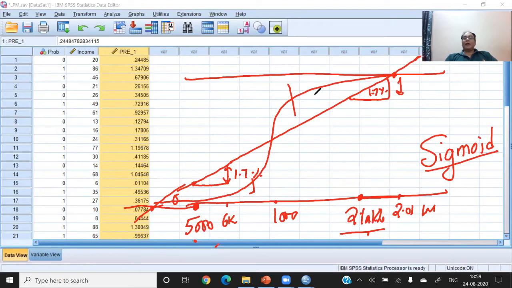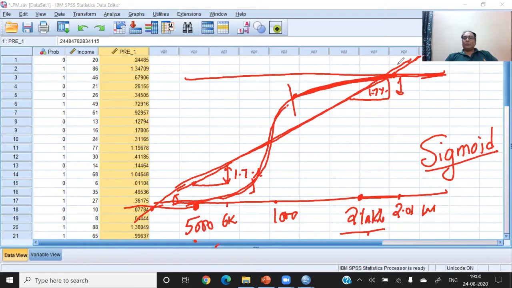And after that, if your salary is beyond any level, it means the possibility that you are already having the housing loan is very high. So you may not take another housing loan. So now this curve decreases. So we want the model which can predict the probability according to the sigmoid function rather than on a straight line. So this problem is the second problem of linear probability model, which gives the genesis of the logit model.